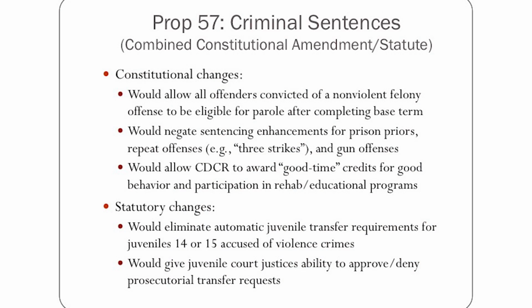The statutory change comes with how we treat juvenile offenders. Right now, I think it goes back to 2000, voters approved a measure that authorized the prosecution of very violent juvenile offenses in adult criminal court for juveniles as young as 14 and 15. And this would basically remove the automatic transfer provision. Right now, all juvenile offenses are adjudicated in juvenile court, except if they fall into this violent offense category, and then it's an automatic transfer to criminal court.